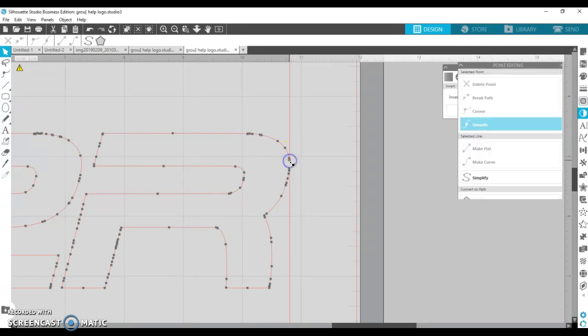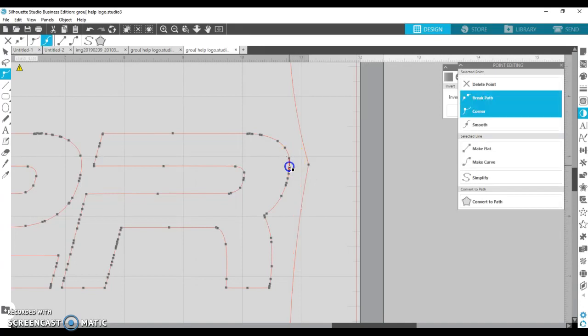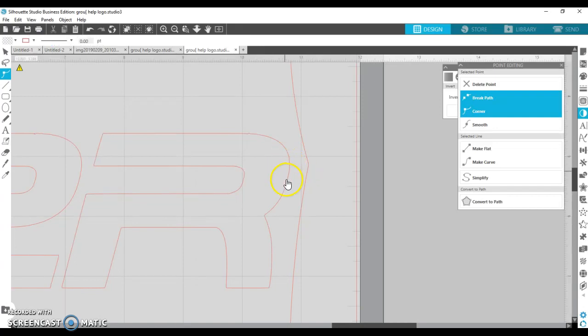On this point right here, we're going to break the path, grab the little red dot and move it out of our way. And the same down here. We're going to break the path, drag it over here out of the way. And then you're going to grab these two little red ones and pull them together. Okay? They've snapped together. That point is fixed. Okay? Then you're going to zoom out